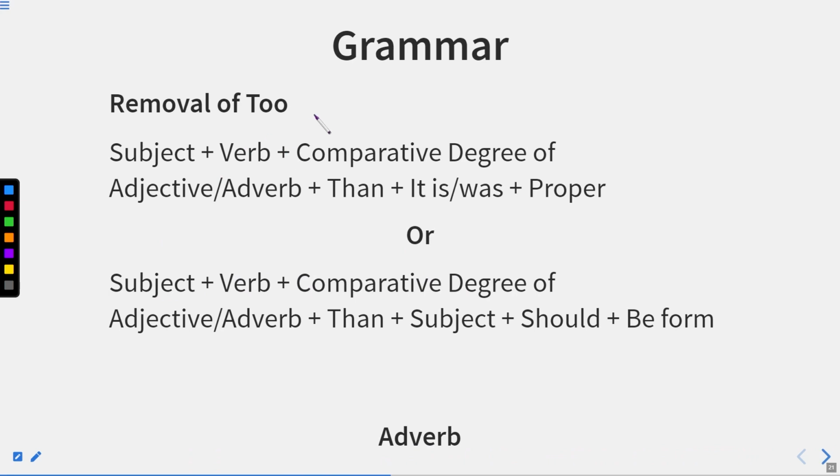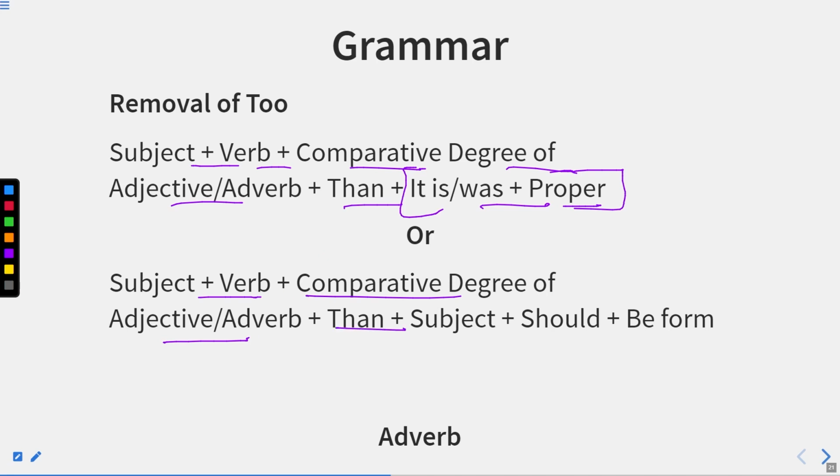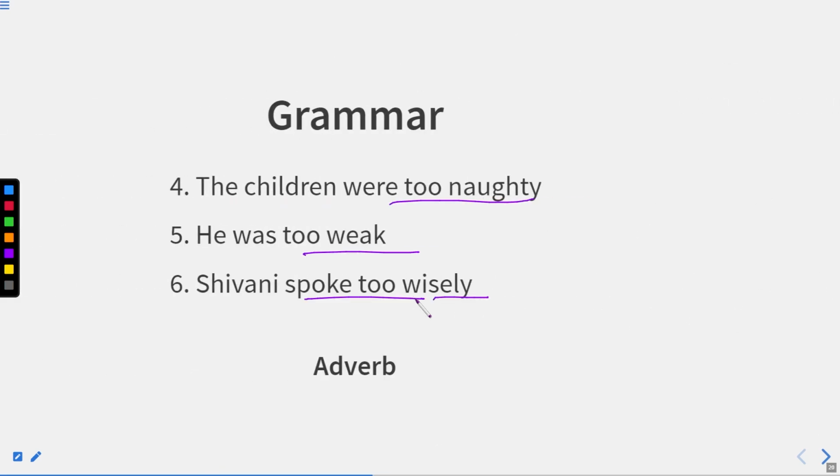Removal of to. Now if I have to remove to from here, subject plus verb plus comparative degree of adjective or adverb, then it was proper. So we can add it was or it is proper. Subject plus verb plus comparative degree of adjective or adverb, then subject should be formed. Now what we do, if we have a structure that we have already learned, that is those sentences that we have already read, that is,